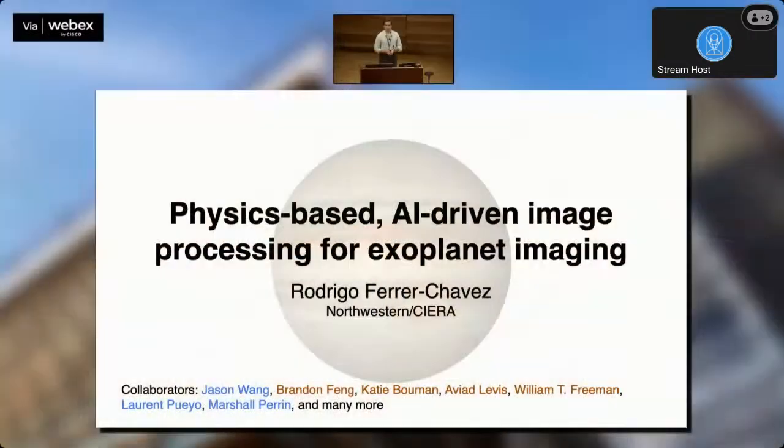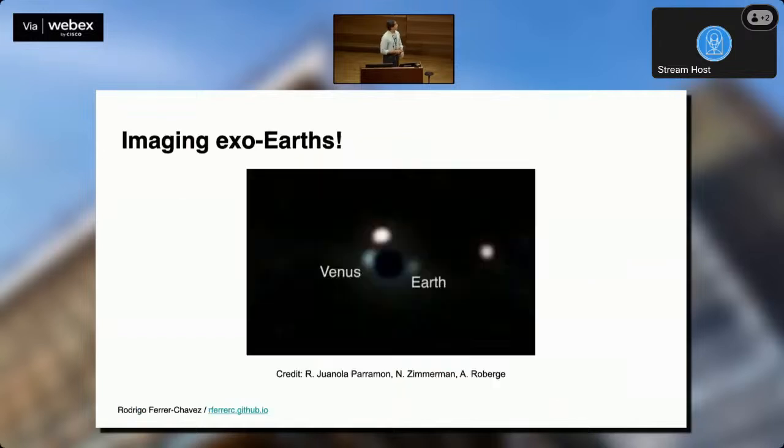Yeah, my name is Rodrigo, and I'm going to be sharing some work we have been doing on image processing for high contrast imaging. And the basic thing I want to argue is that if we're going to send a super advanced hardware instrumentation telescope into space, we should also accompany it with the most advanced processing that we can have for it. By now it is clear that it is going to take a lot